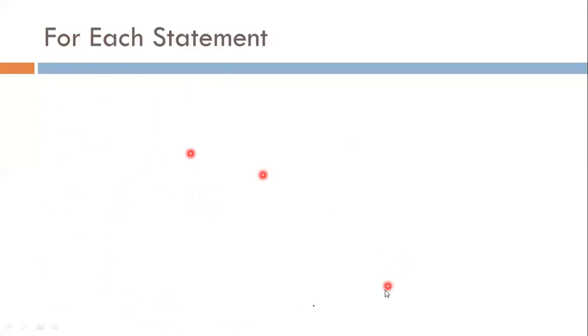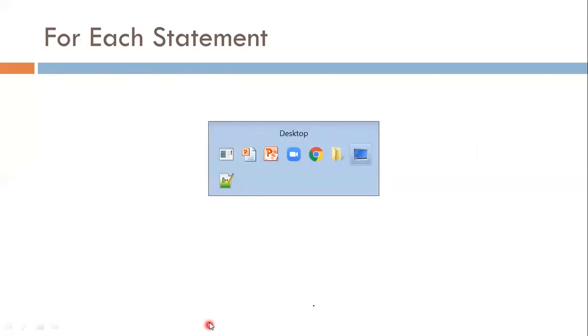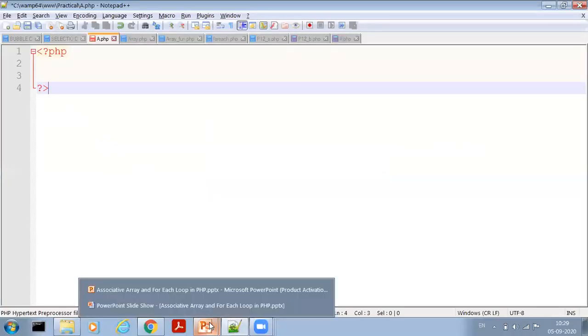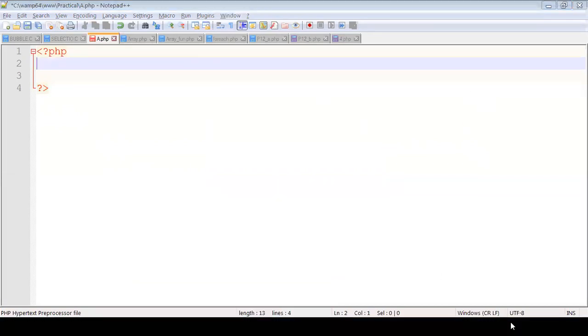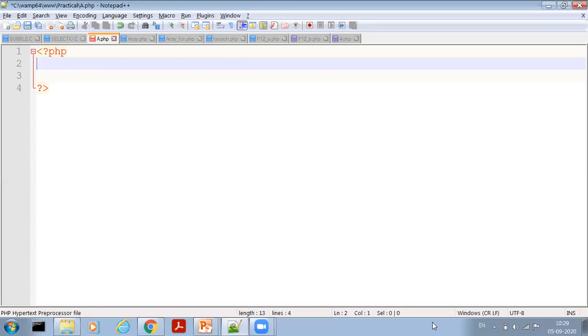Now, first let's perform a practical which shows the associative array. So open a Notepad file, Notepad++. In Notepad++, write a PHP script. So here I write the PHP opening tag and at last the closing PHP tag, and in between these I create two arrays.